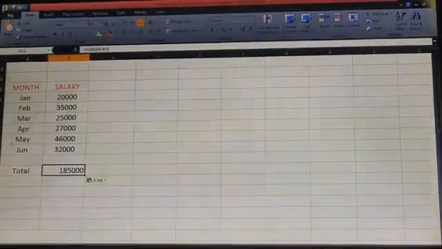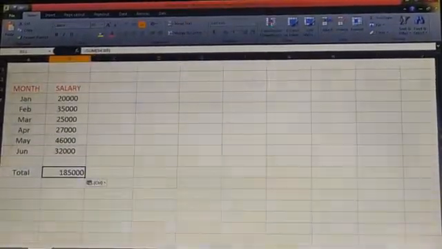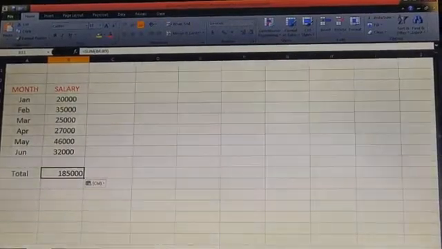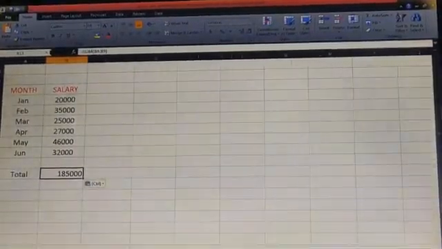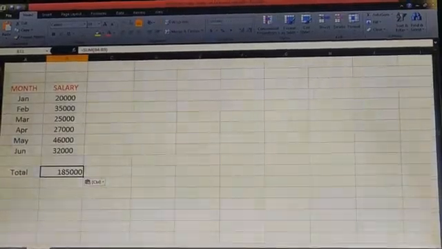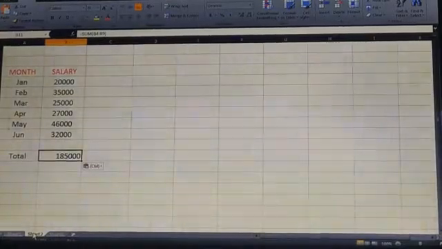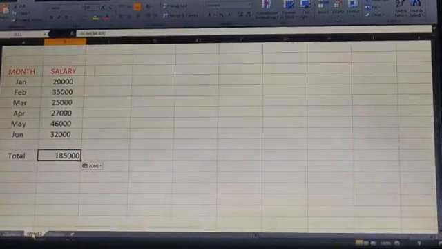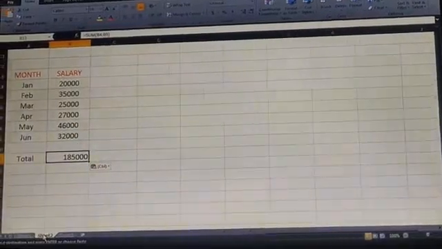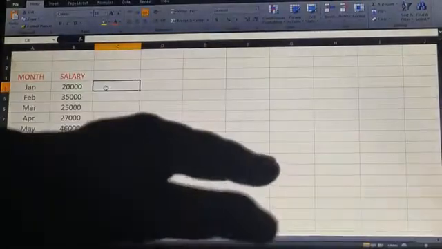Okay, now there is another method using sheet reference. Yes students, we can also use a cell reference of another worksheet using sheet reference. So whenever you use sheet reference, it uses the sheet number, exclamation mark and cell address. So for example, here I am clicking on the cell C4 and typing equal B4 plus Sheet1,